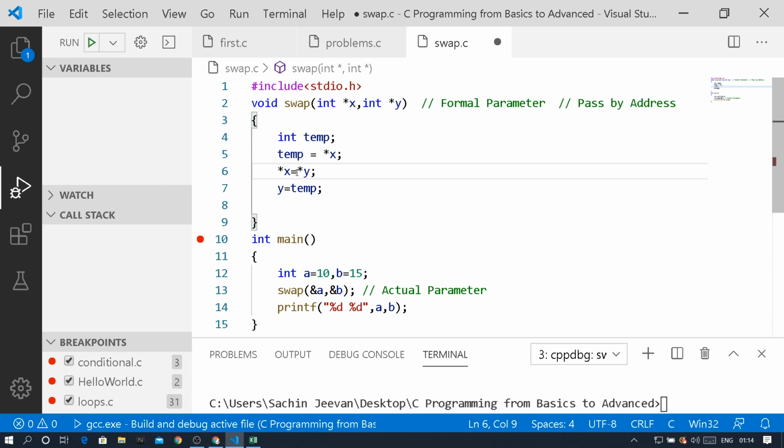If you don't want to access the value, and you want to access only the address, then you can simply write x or y. So this also has to be changed to star x and star y. Now what will happen? If you see what x is holding,